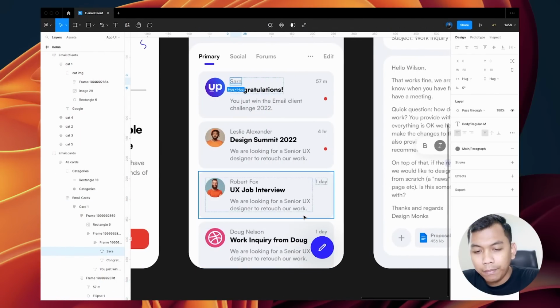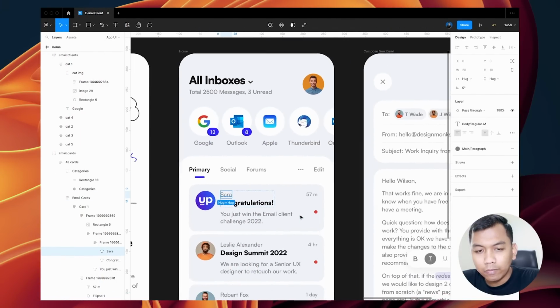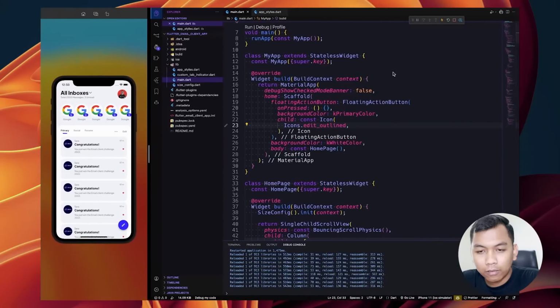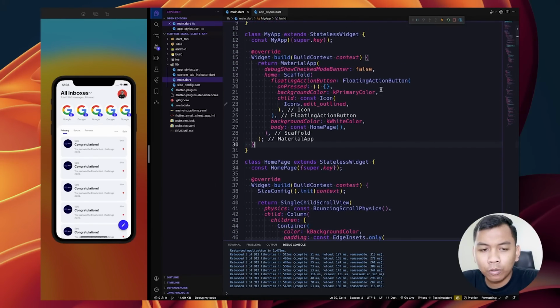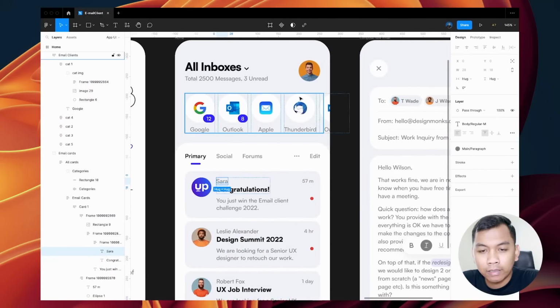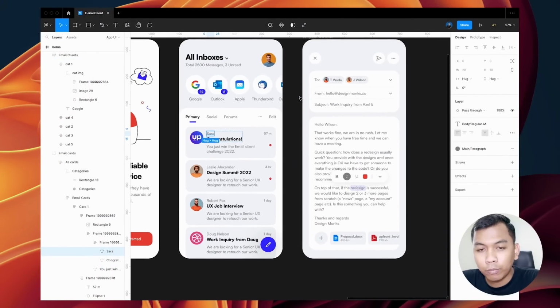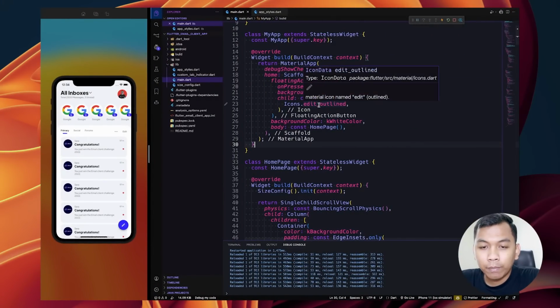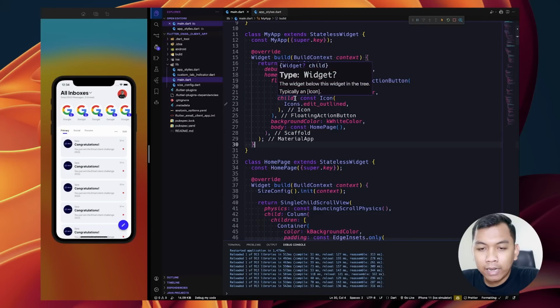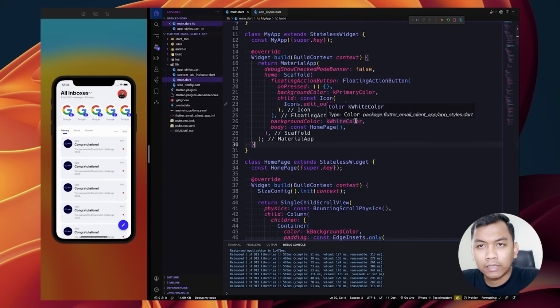But maybe the icon from this design is not exactly the same as the icon in Flutter, so it's no problem. But if you want to use the icon from the design, you can just export it to SVG, and you can place the SVG picture inside the child of the floating action button.